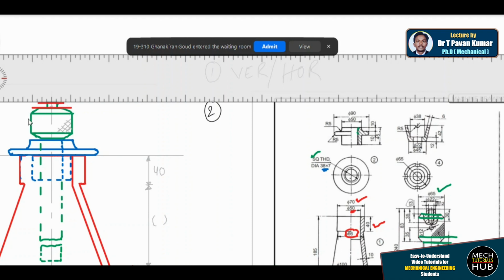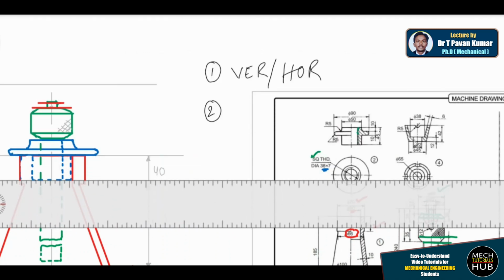This point, this is 38 line. Okay, till here it is fine. Now how to draw these two, which are maintaining some angle? How to draw that angle? Drawing that angle is a tough task because the angle is not given.